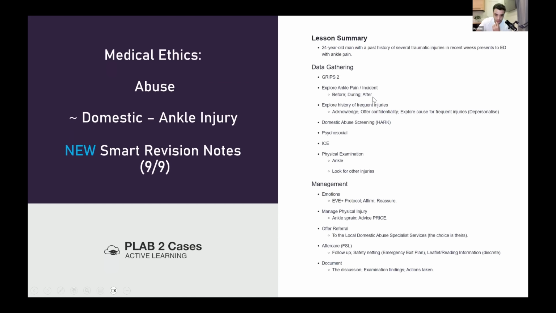So we explore the incident briefly. Then we transition by acknowledging the information that we got in the task about all of these injuries. We offer confidentiality, so it will remain confidential within the team according to the policy, but the exception being safeguarding issues, right? If anyone's at very high or significant or imminent risk of death,